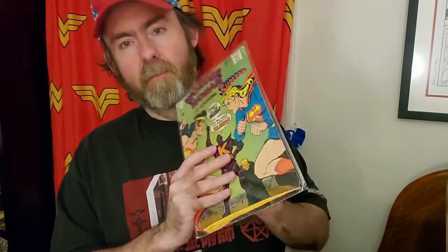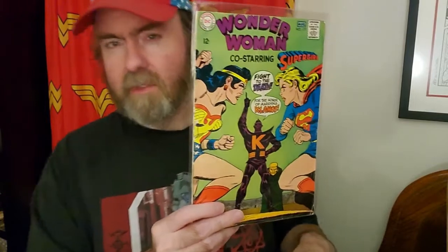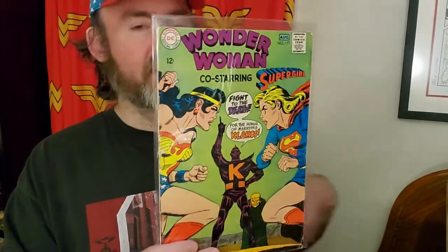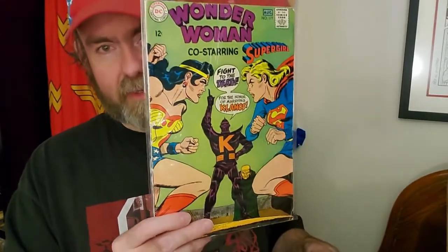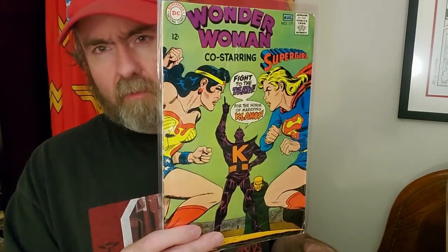But I have the full run here, and I'm actually going to cheat. We're going to jump right into it now. I said I was starting with 178. I'm actually starting one issue earlier with 177, still in what I would call the Silver Age. And I collect Supergirl stuff as well, and this happens to have a Supergirl appearance, so I picked this up because of the appearance. And it's also a really good contrast to the issue that comes right after it, because it's just pure Silver Age